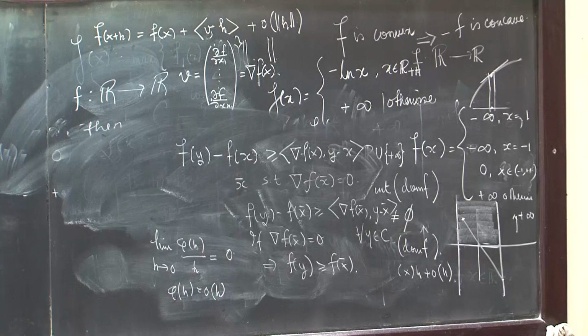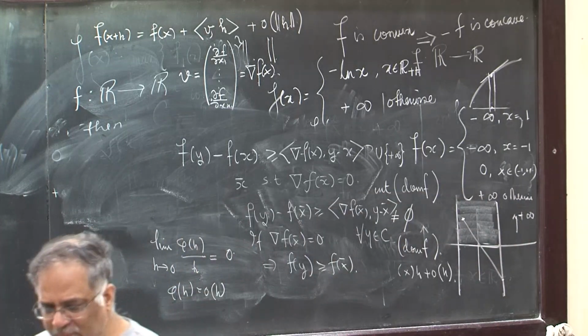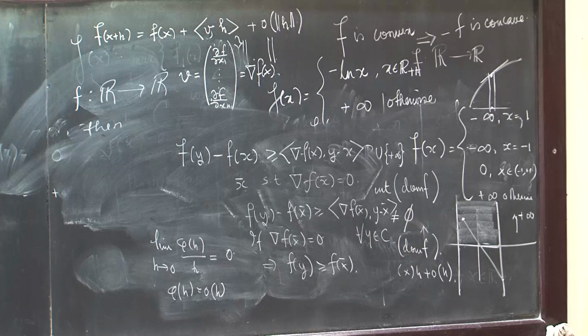So x bar becomes a global minimizer. In fact, a very general result is that if you want to minimize a convex function over a convex set, every local minimizer is global. There is no